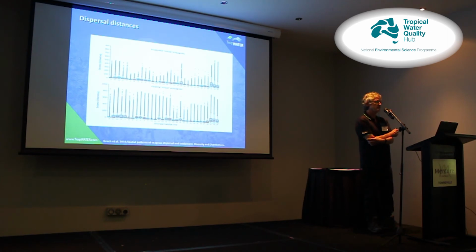If you look at the outliers though, the propagules from Townsville could reach the Torres Straits. So there's quite a lot of potential, at least for high levels of dispersibility in the seagrass. It's not quite as simple as it looks though. If you notice some of those sites, and I haven't got a link to sites for this particular talk, some of those sites, the propagules move much further than others, and that had to do with topography. It was also very, very much a south to north movement and inshore. So we were left wondering